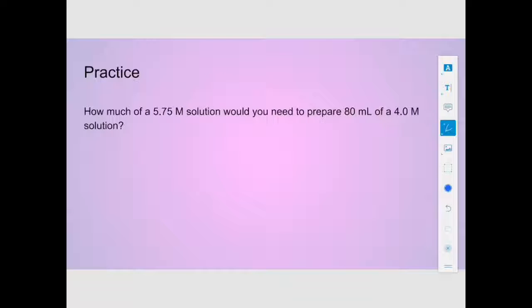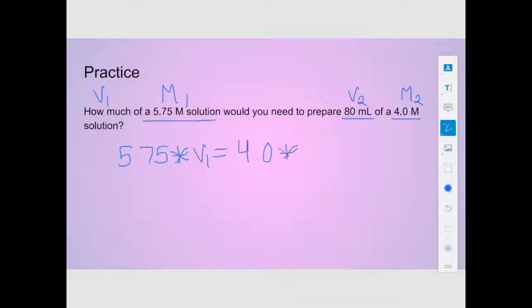Last problem here, how much volume of a 5.75 molar solution, our first concentration, will you need to prepare this volume of this concentration? Okay, hopefully you're following pretty well at this point. M1 V1 equals M2 V2. So M1, 5.75, times V1 is going to be equal to M2, 4.0, times V2 right here. It's going to be